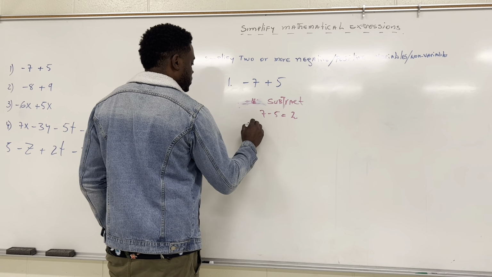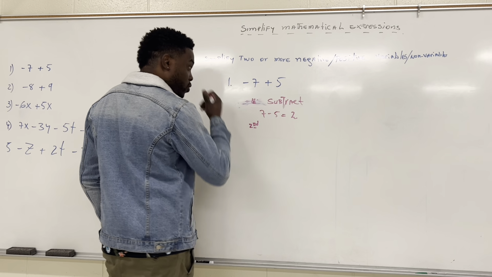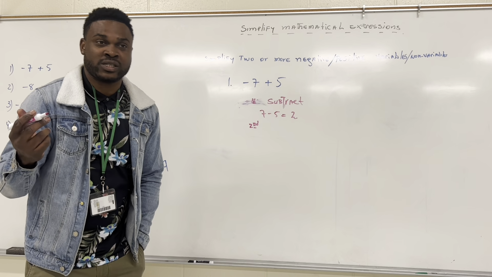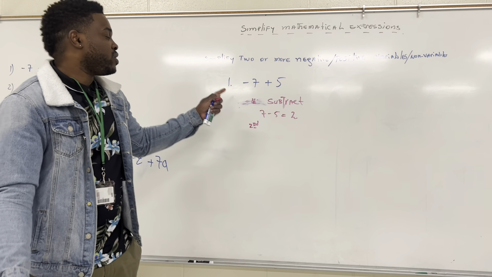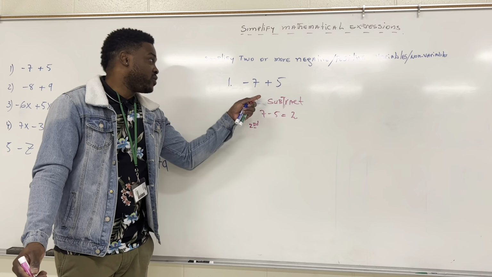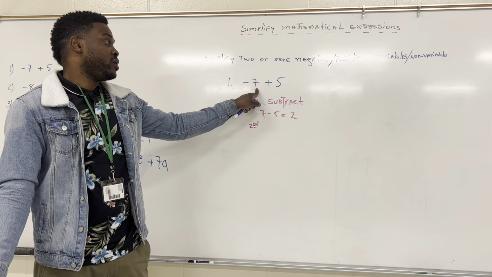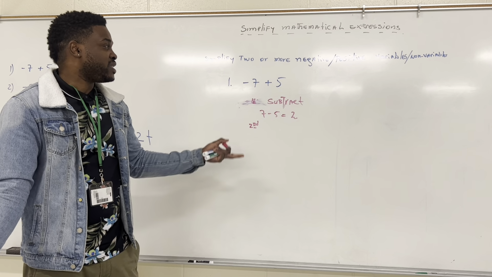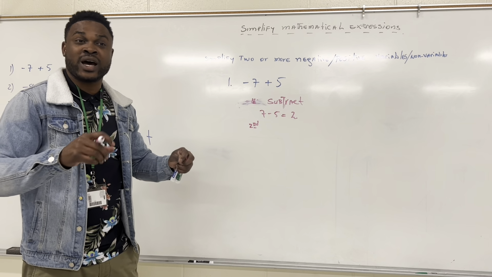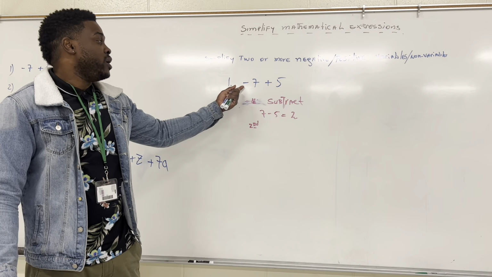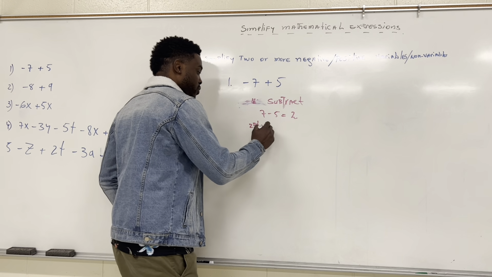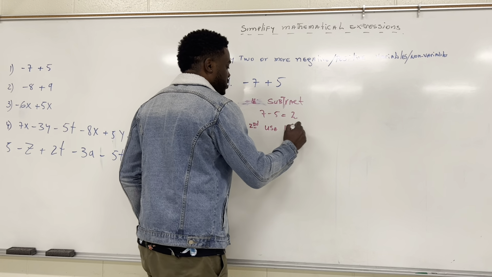And step 2. Step 2, you have to use the sign that belongs to the greatest number, right? So which sign do you notice belongs to the greatest number here? The greatest number here is what? It's 7. That's the highest number here, right? The highest number here is 7. So we have to use the sign with the highest number, right? And you say the sign with the highest number is negative. So the answer, right, use the sign